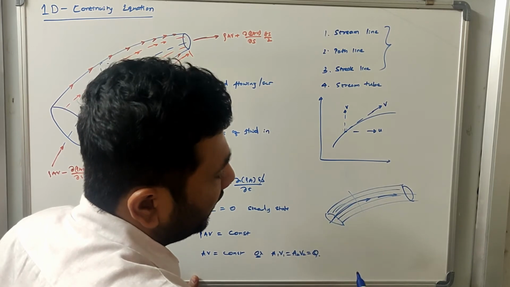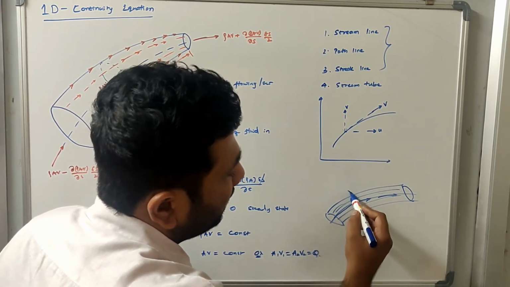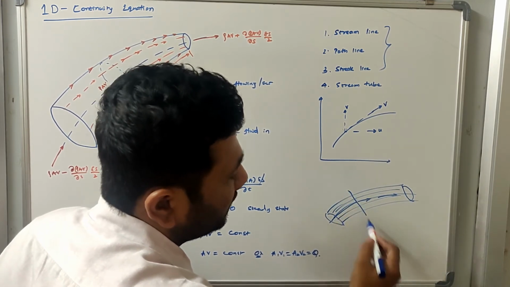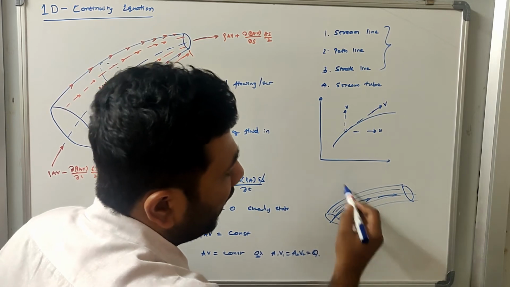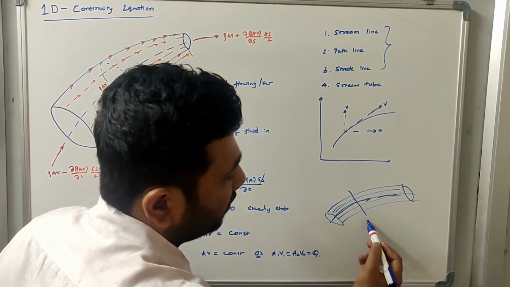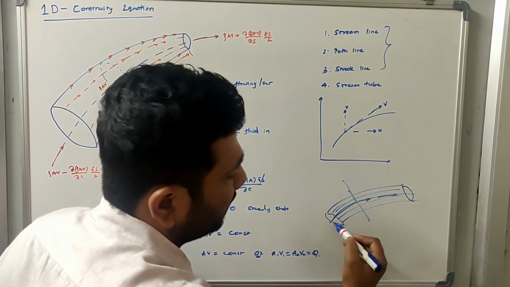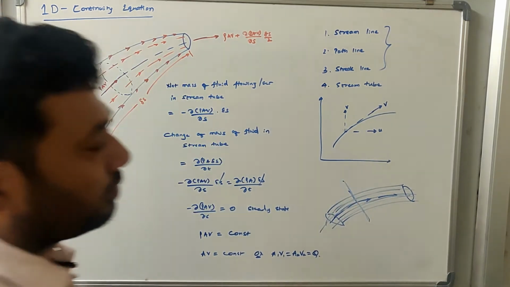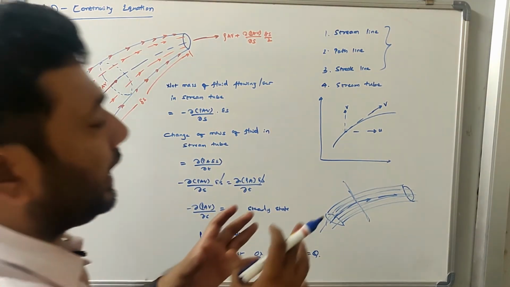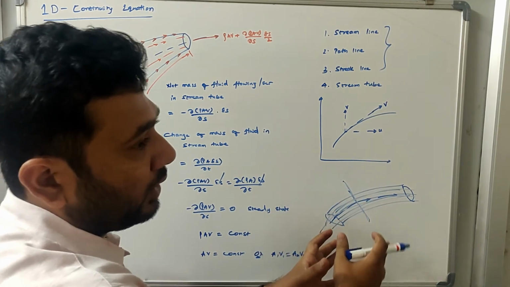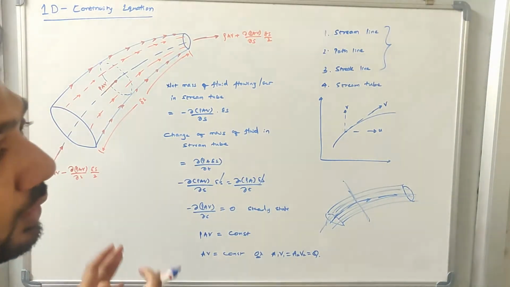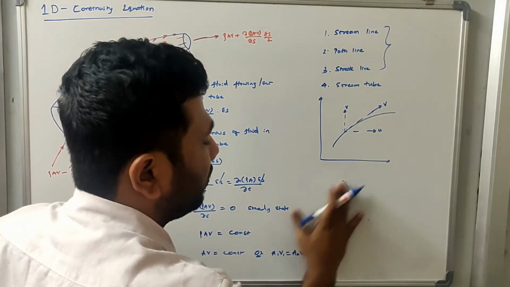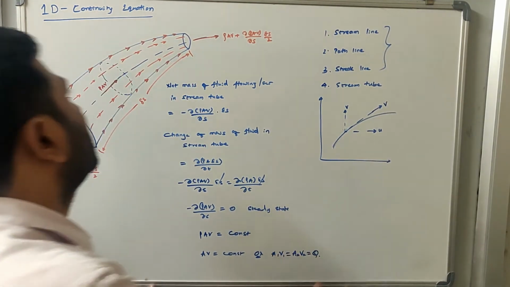Now one more thing that you need to identify with respect to the stream tube is that the water or the molecule will not cut across this stream tube. There is no flow across the stream tube. The flow of water can't go in this direction. The flow always goes in a unidirectional way. So by taking the example of the stream tube, we will be able to solve one of the important equations, the one-dimensional continuity equation.